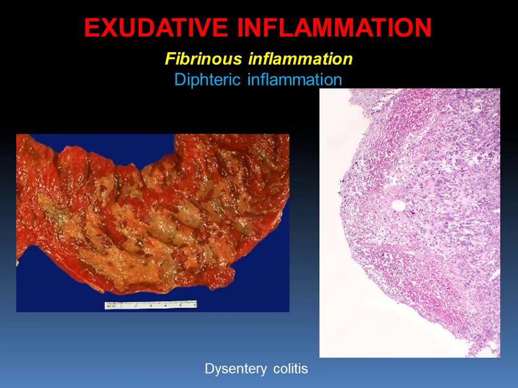The second variant of fibrinous inflammation is diphtheric inflammation. Usually it develops in mucous membranes covered with stratified squamous epithelium, and films which are formed closely adhere to underlying tissues. Sometimes diphtheric inflammation can develop in tissues covered with columnar epithelium, but in these cases it is usually accompanied by deep necrosis. So there are two variants: diphtheric inflammation developing in mucous membranes covered with stratified squamous epithelium, or diphtheric inflammation that can sometimes develop in columnar epithelium, but in case of deep necrosis.